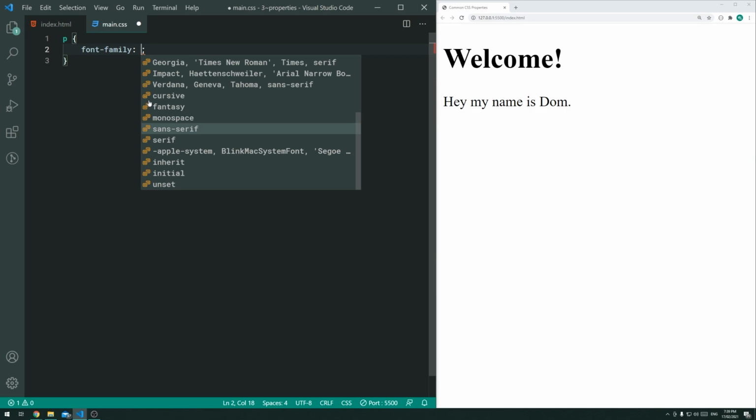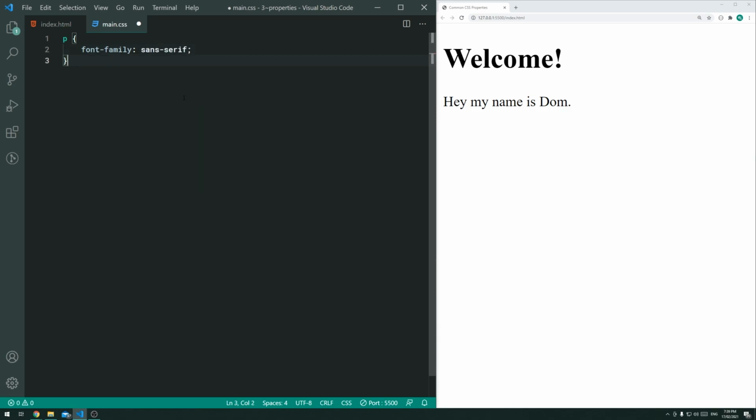Okay, so for example, if I say sans serif right here and I save this, we can see the font family changes to be the default sans serif font set by the browser. This right here is going to change depending on the operating system and the browser. For example, in Chrome, the default sans serif font is called Arial. Now, if I want to actually specify a custom font right here, for example, if I say Tahoma, I can